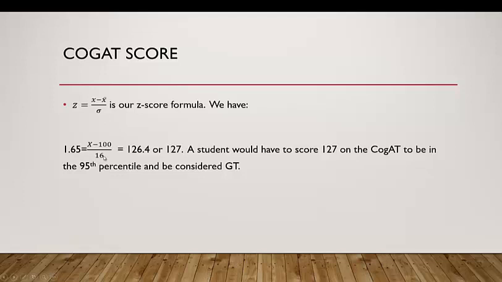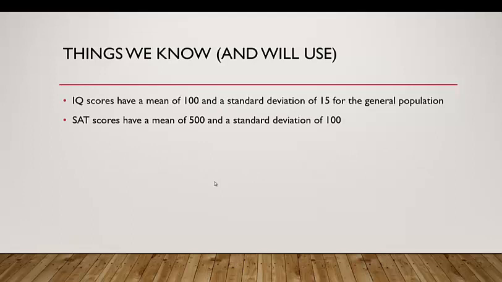And anyway, we're going to ultimately get down to our score is 126.4. We're going to have to go up. So a student has to get 127 on their COGAT in order to be in the 95th percentile. Okay, that's what that's telling us. Now, earlier we said,